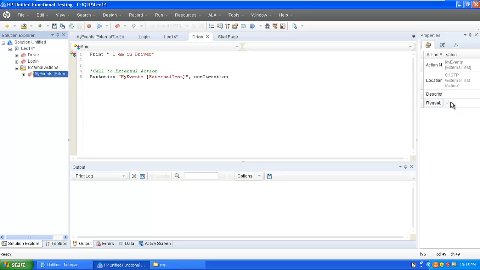So here you can see that you cannot check or uncheck this checkbox because we have called this action from another test. Only from there can we edit this action. Okay,